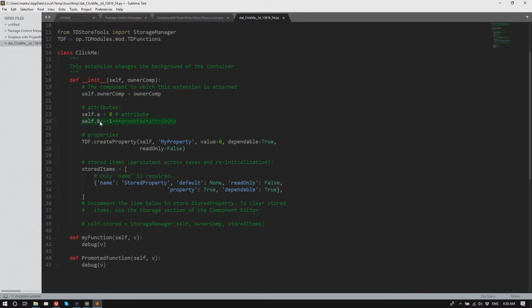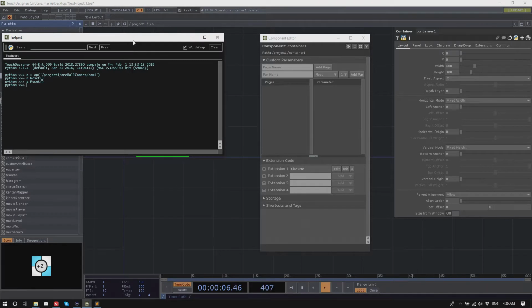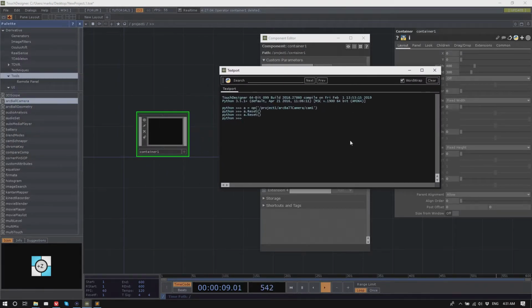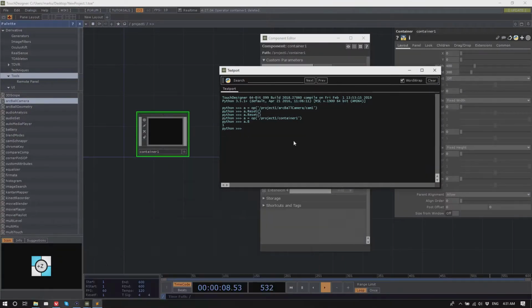So if you have self.B equals 1, similar to promoted functions, say a equals op, let me just set this to container1. If I type a.B with a capital B, it will return 1 because that attribute is promoted. a.A wouldn't work.